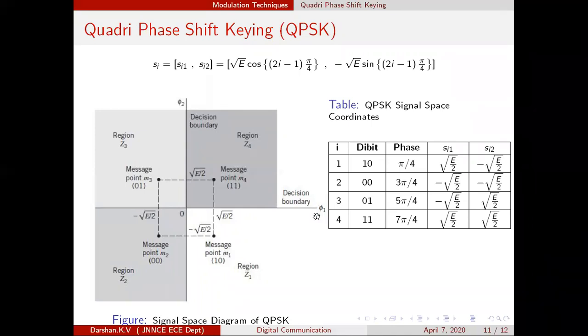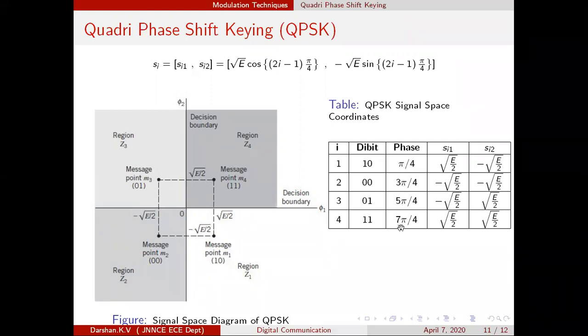Now we will try to develop this diagram. It has already been written, so I will explain how this diagram has been obtained. All of you know we want to transmit 4 messages or 4 symbols or 4 dibits. For each dibit, one signal is associated. Dibit number 1 is represented with i equal to 1, the second dibit i equal to 2, the third i equal to 3, the fourth i equal to 4. So the signals associated with these are S1 of t, S2 of t, S3 of t, and S4 of t.